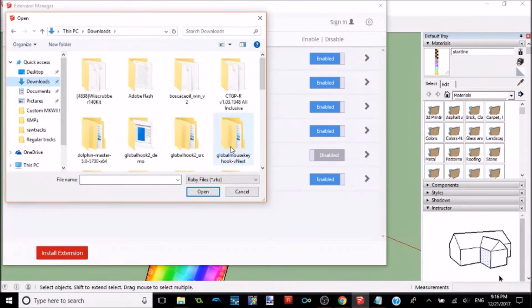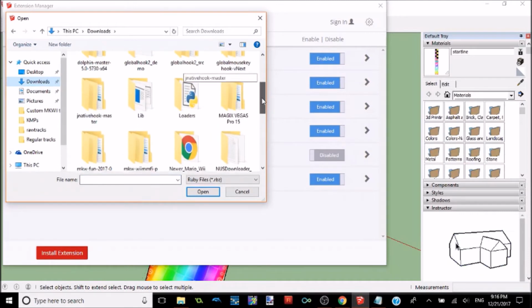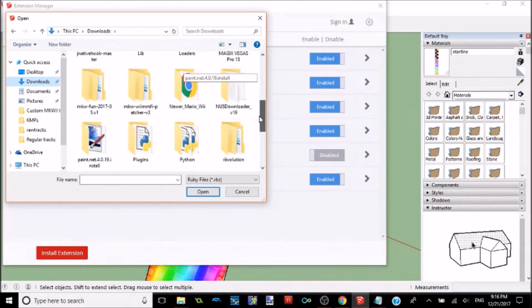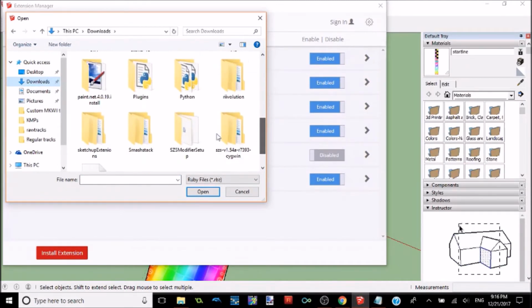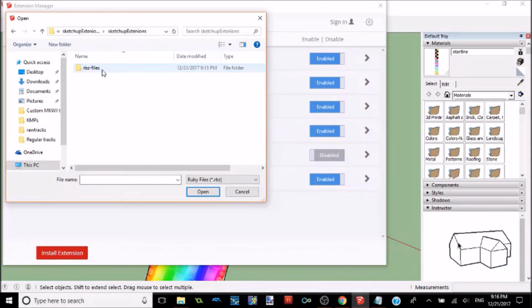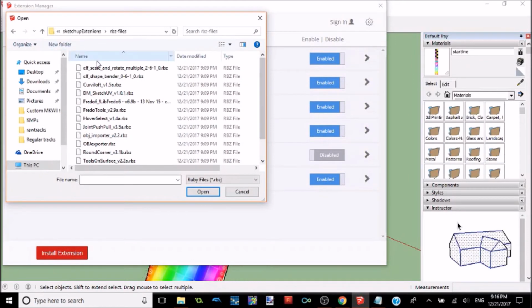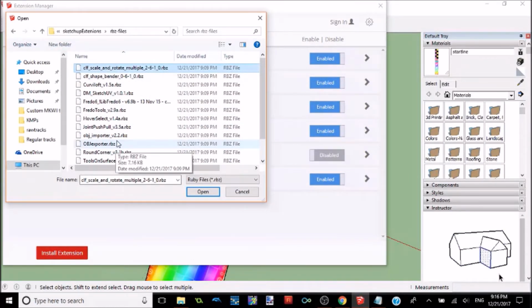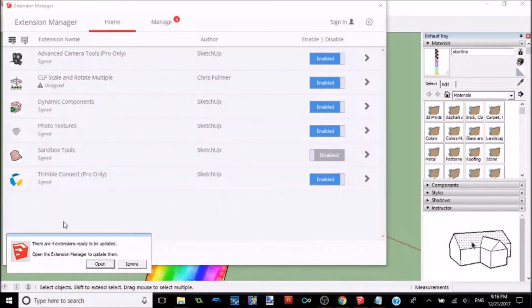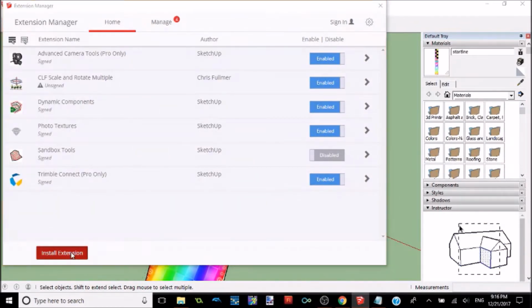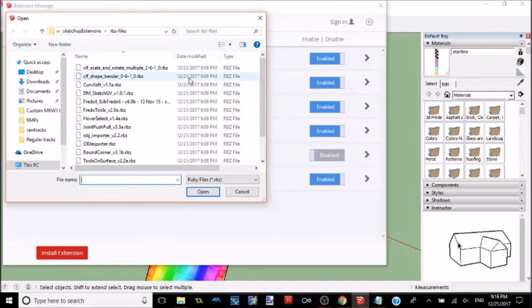Then you can come into downloads and just come into your extension folder wherever you saved it. I don't know where you did. Right here, SketchUp extensions. And now it has all of these. I wonder if it'll let me select them all. No, this is what I was not looking forward to. Yeah, you're going to have to go through them all